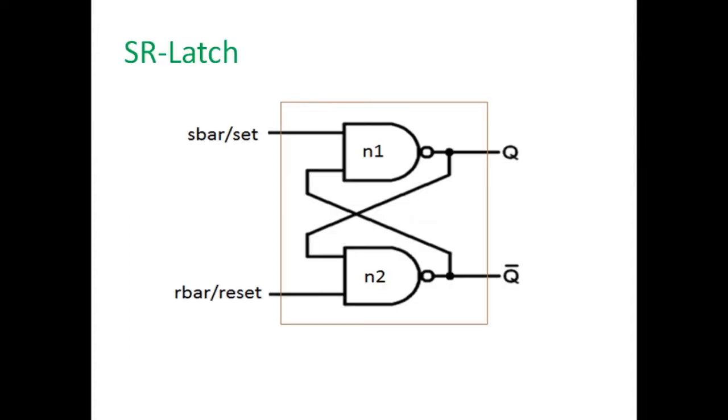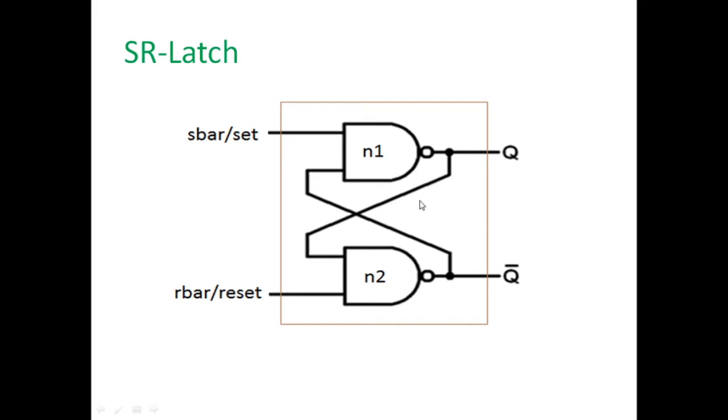For example, I am having here an SR latch. This SR latch has inputs S bar and R bar, and output ports Q and Q bar. These input ports and these two output ports are responsible for the signals which they are going to receive from the environment. The environment here is nothing but the surroundings in which this module is surrounded.